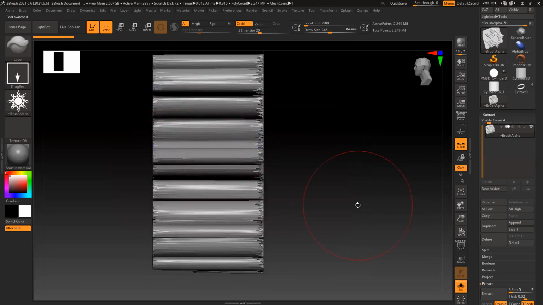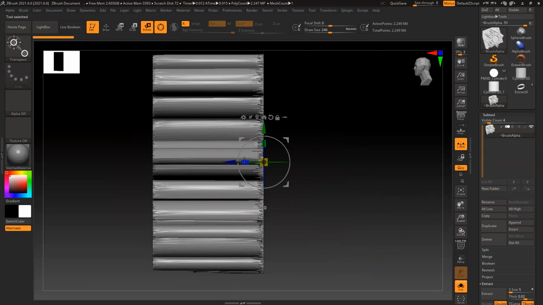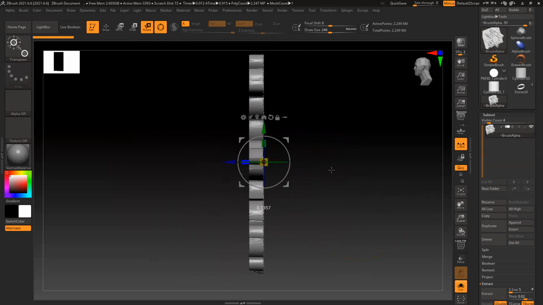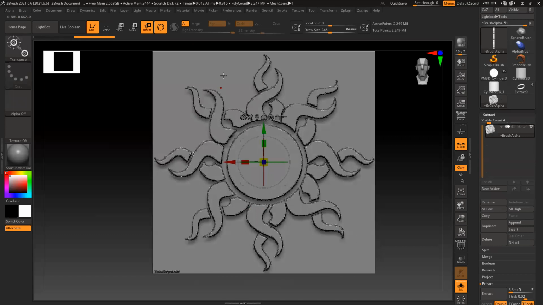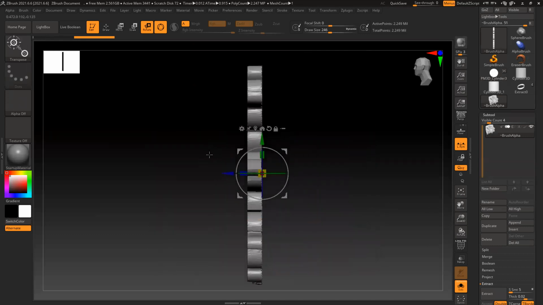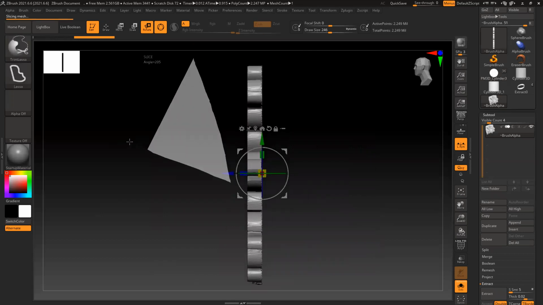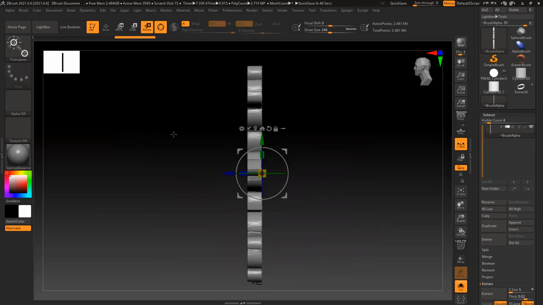But it's not very clean geometry, so we have to make it clean. I'll just push it back. I can see everything is nice and clean. So what I'll do is Control Shift. I forgot to change my brush, right? That's a tool. Please don't crash. But this is around 2 million, so it should be fine. Let it crash.